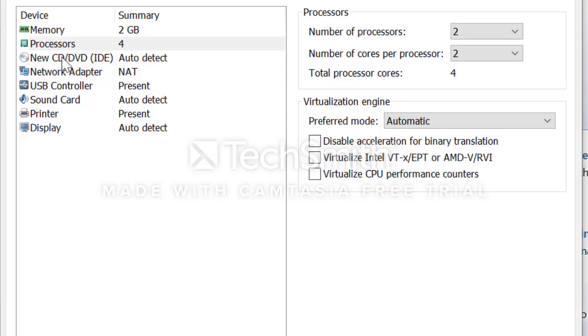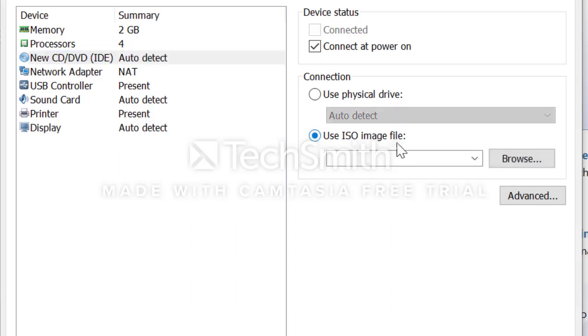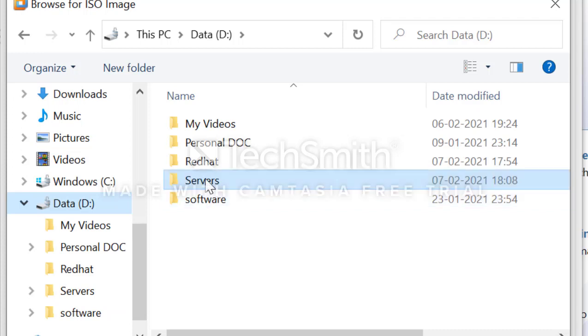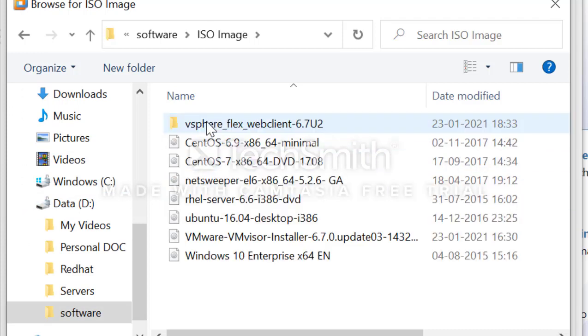Third, we will select the ISO image which you have downloaded. It will ask you for the path from where you want to install your virtual machine. So click on browse. I have the ISO image in the software folder. You can see I have created a folder for ISO images.